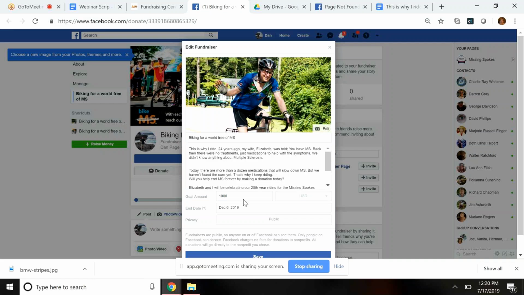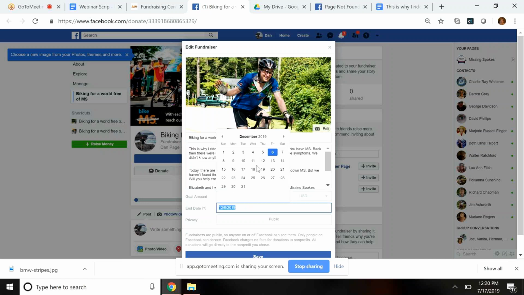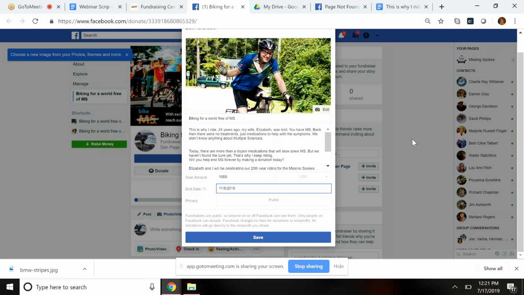We're going to leave his goal amount, $1,000. That's usually what he likes to raise every year. And we're going to put in an end date of roughly 60 days after our Bike MS event in New Bern will be the end date for fundraising for this year. So I'm going to just put in November 8th. Sydney, did you want to add what the Tanglewood end date for fundraising is? Yes. So similarly, it's 60 days afterwards. So it's going to be November 28th.